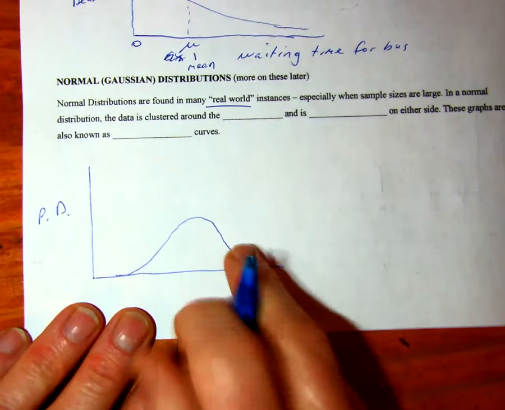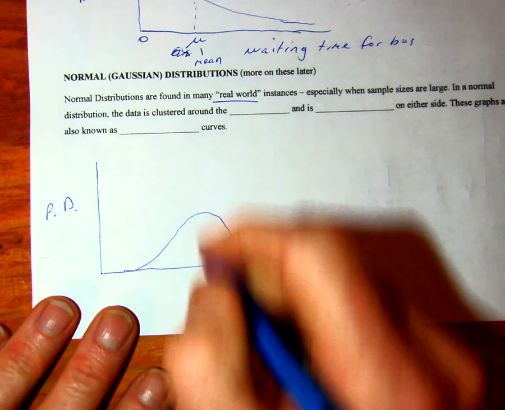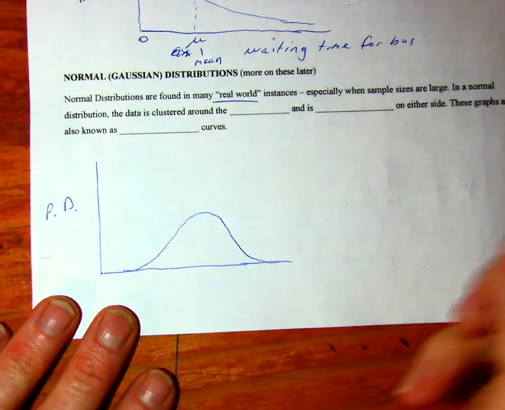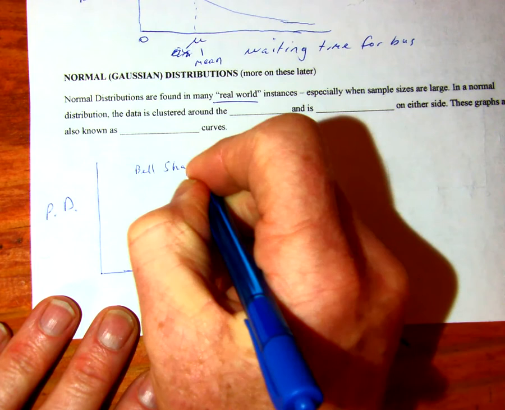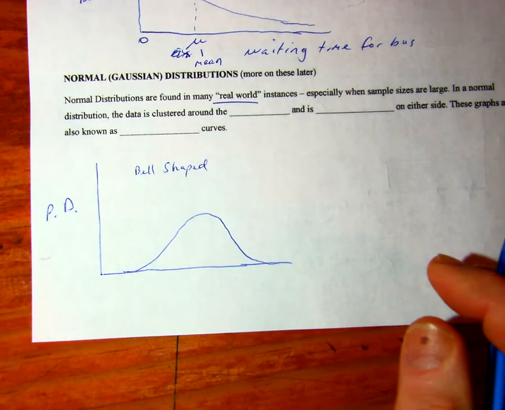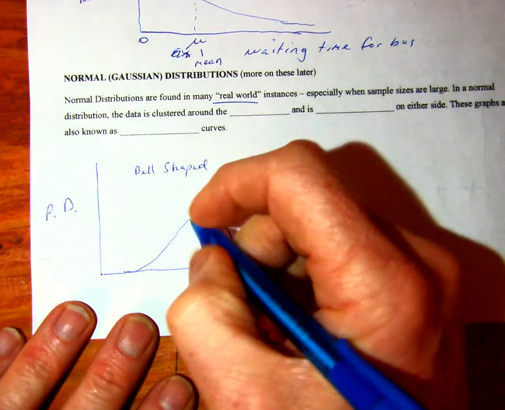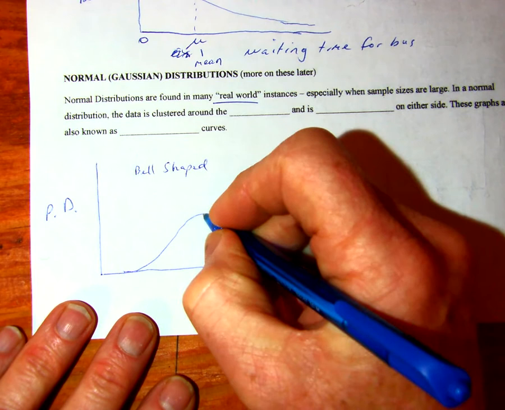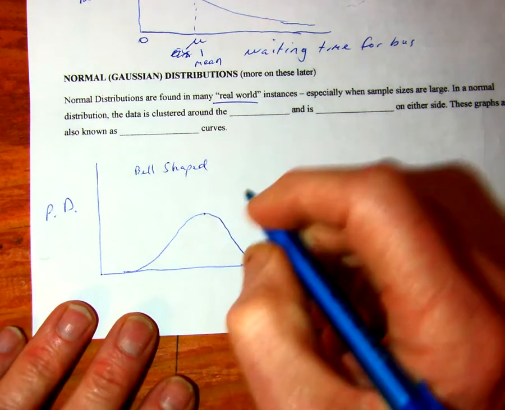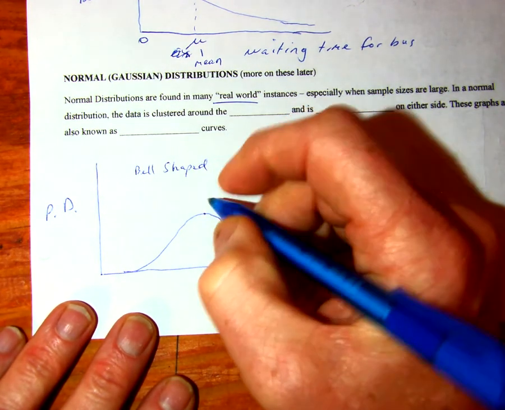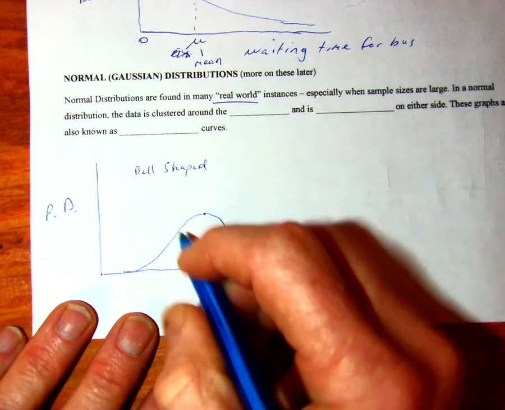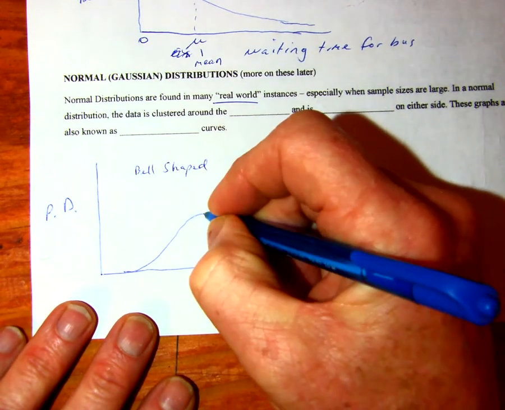I'm saying this is the norm. What would you guys call it? Has a shape of a bell curve. Yeah. So this is bell shaped. And the most common occurrence. What do we call the most likely outcome, the one that's repeated the most? So this one looks like it's repeated the most. Whatever this outcome is, whatever we're measuring, this would be the